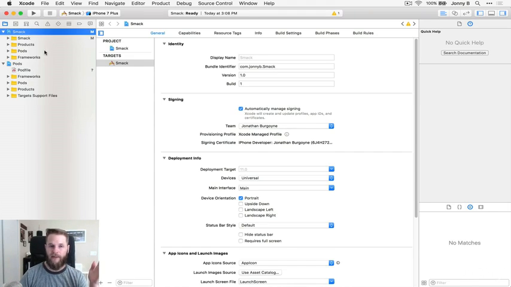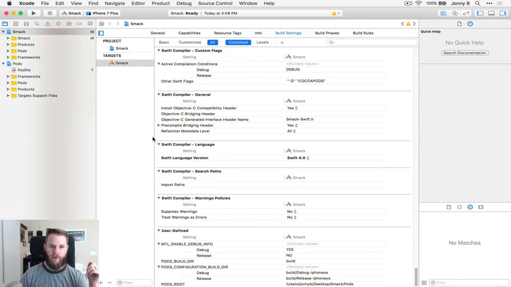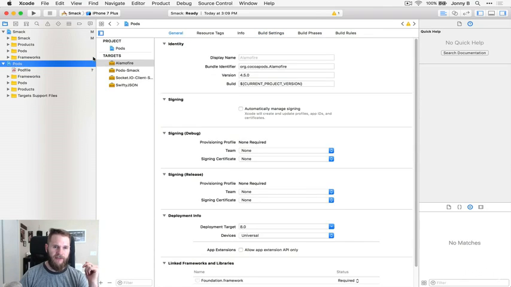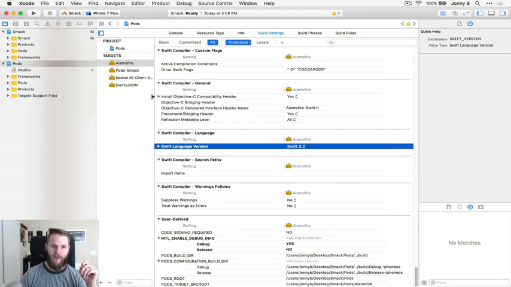All right, but we do need to specify which language we want Xcode to use. So here in Smack, this is our current project, which we want to be coding in Swift 4. We're going to go to Build Settings, and way down at the bottom, where it says Swift Compiler Language, it's already set to Swift 4. Okay, so that's good. But for our pods, come over here and click on Pods, and then under Targets, we have Alamofire, but we want our pods to be working with Swift 3.2. So come down here to Swift Language Version and change that to Swift 3.2 for Alamofire,